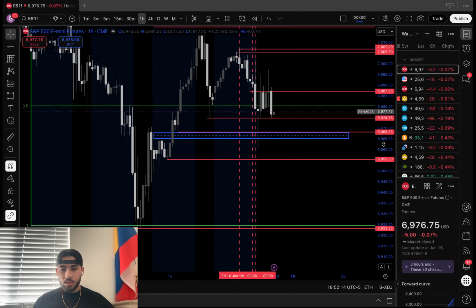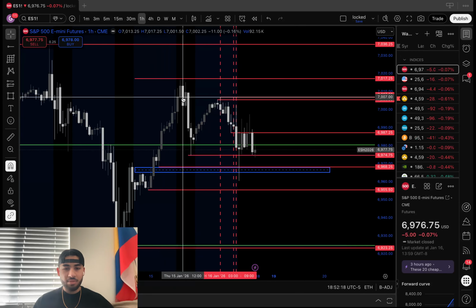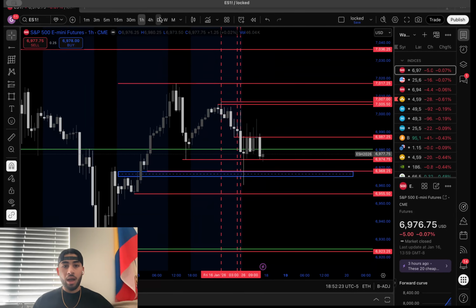Okay. So we saw market opens right here. We got marked up the EQ, the daily EQ. We see it tapped into daily EQ, so we want to look for shorts out of the daily EQ. That's how I would see